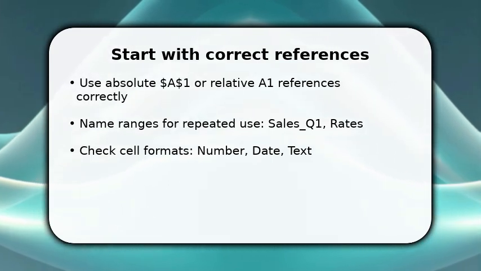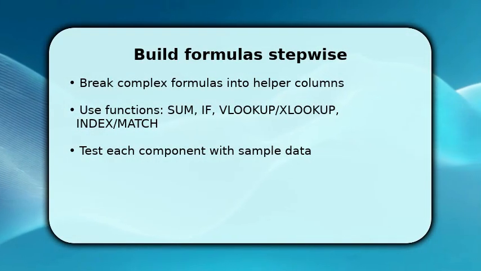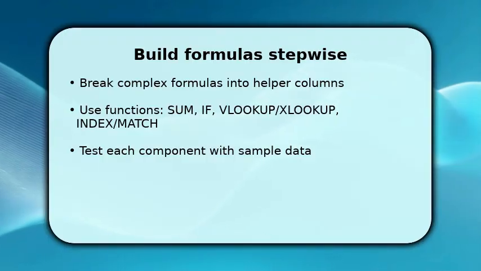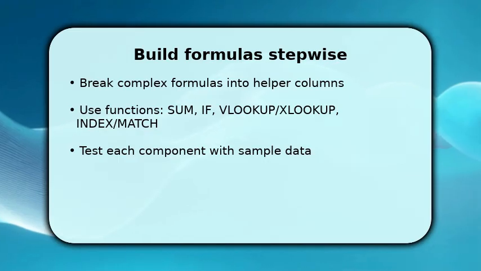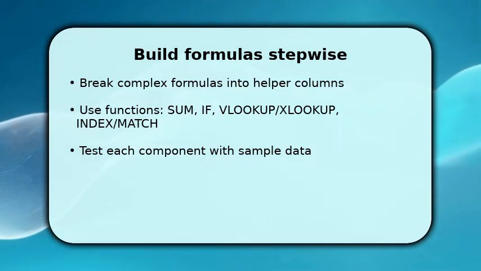You now construct the main logic by assembling functions in small steps. This keeps errors visible. Start with helper columns to compute intermediate values, then combine them using IF, INDEX/MATCH, or XLOOKUP as needed. Once a component returns expected results, nest it into the larger formula carefully and add parentheses to control